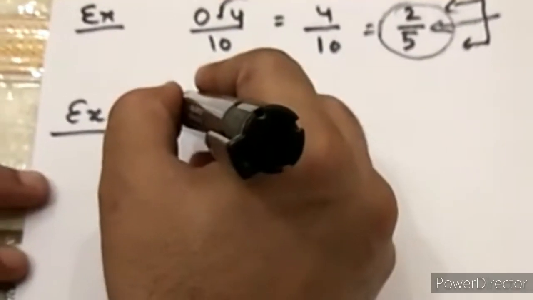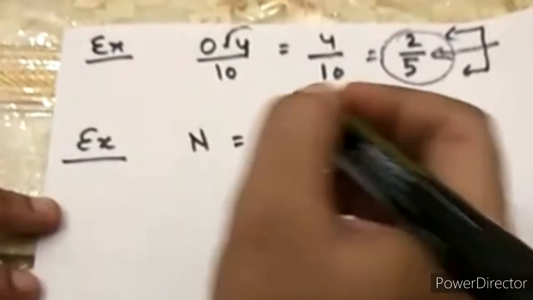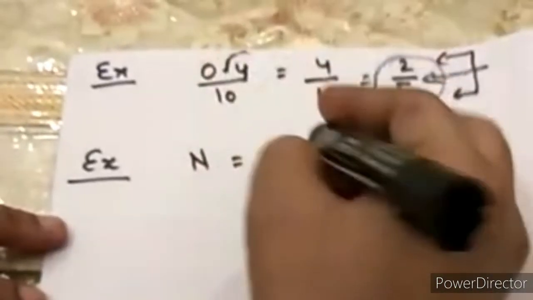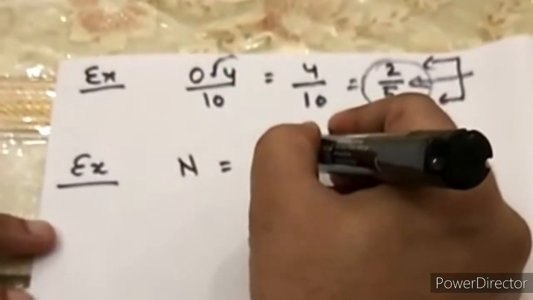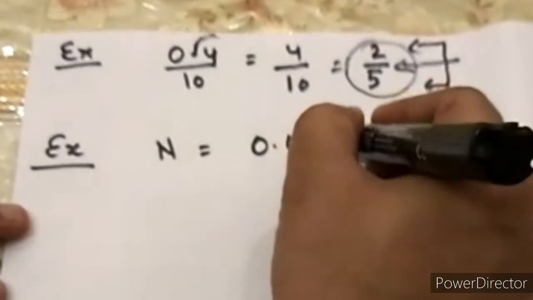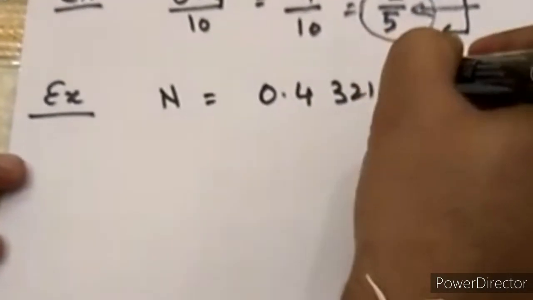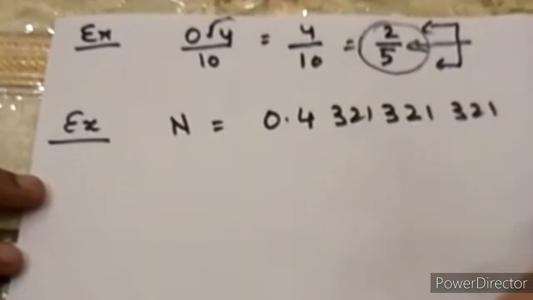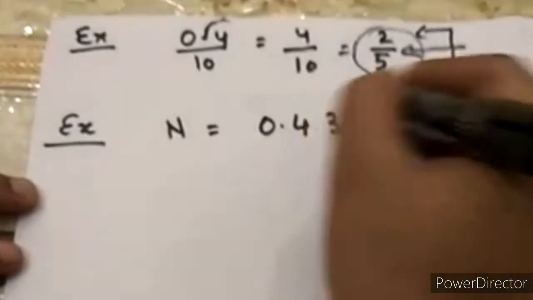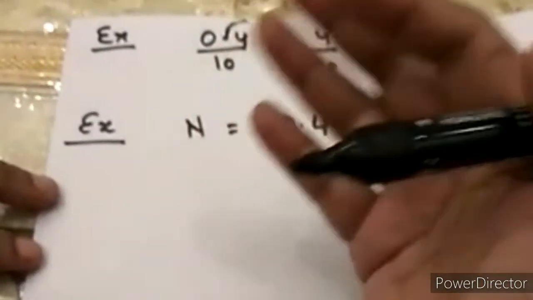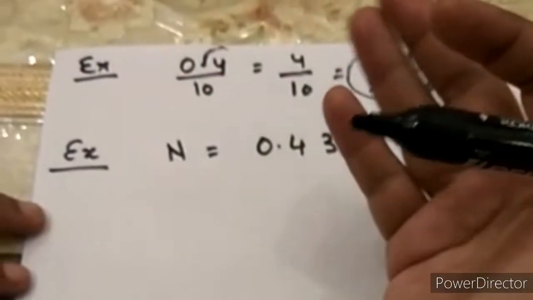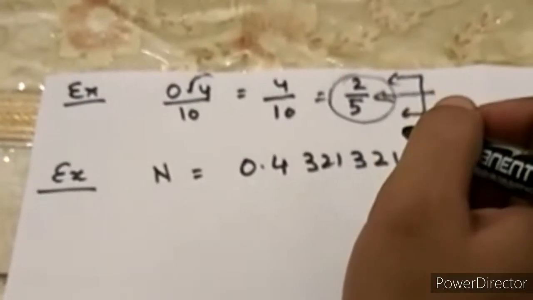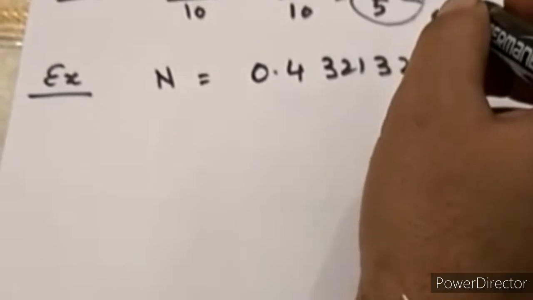Okay students, we have another example. It's a little bit difficult. This example will cover non-terminating but repeating type decimals. I will tell you two ways to calculate the P by Q form for these numbers. One is a little lengthy, a classic approach, and the other is a shortcut. If you don't have time and you want to write down the P by Q, then you can simply go ahead with this approach.